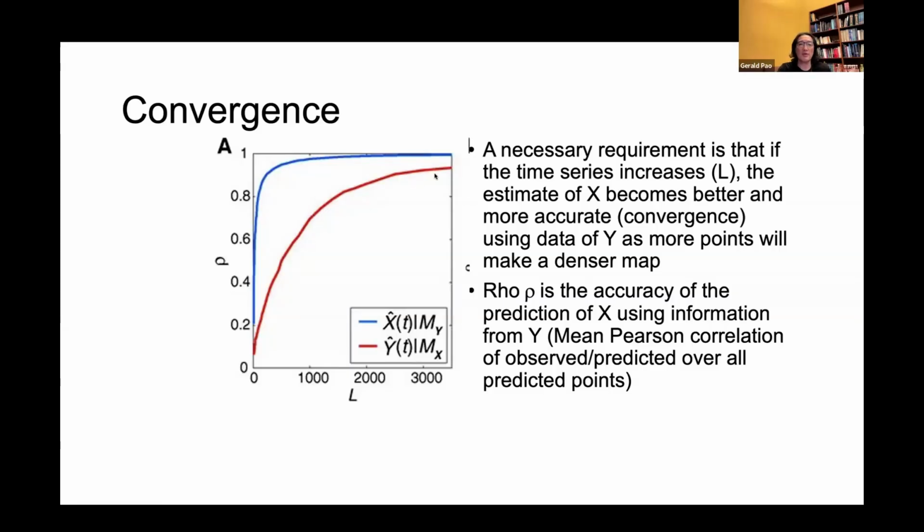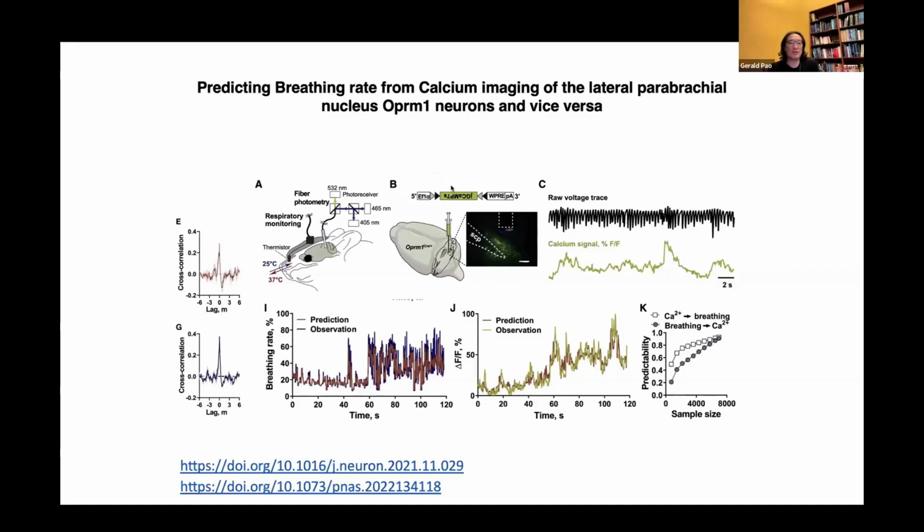Of course, in the real case, nothing is perfect, but here I'll show you an example of what you can do with this in neuroscience. So in this particular case, we actually had this area of the brain called the lateral parabrachial nucleus. We actually had calcium signals. This is GCaMP that you express in there with the virus. And then you get a calcium signal that gives you a neural activity of this area. And then you use an optical fiber to measure that. Basically, you stimulate and look at the fluorescence of this area, and then you get a calcium trace of this,